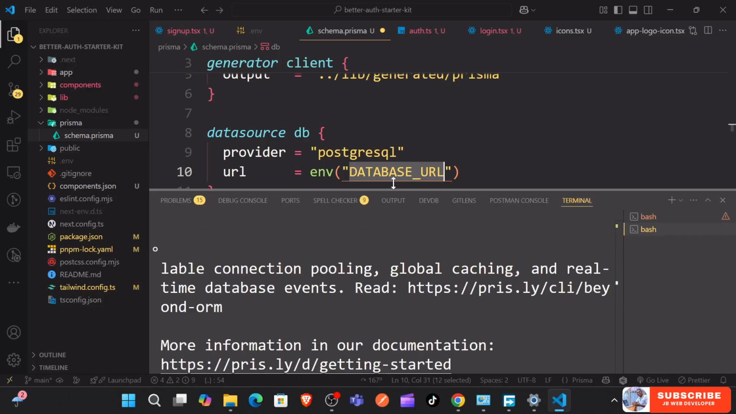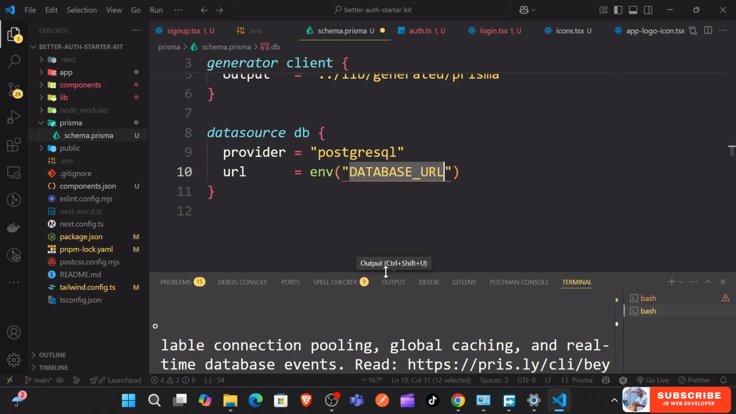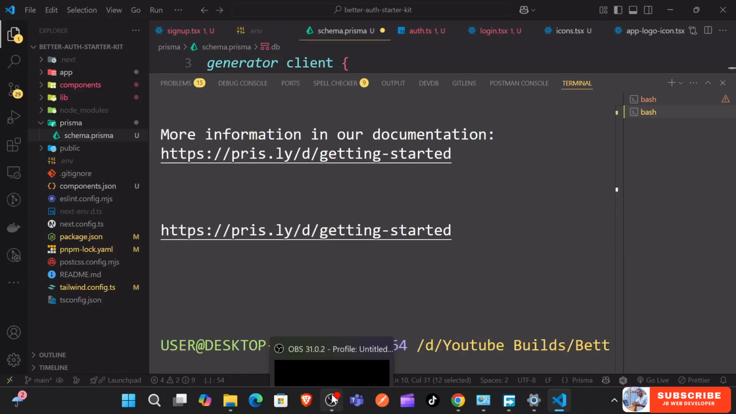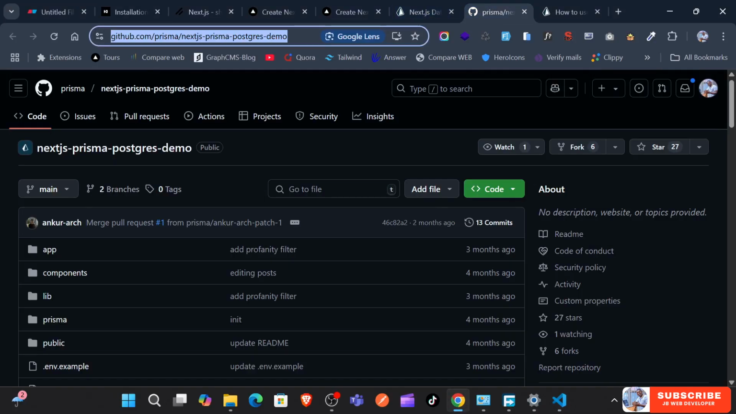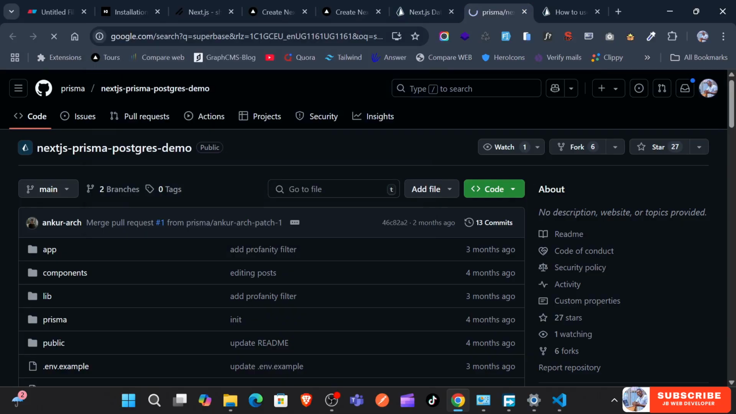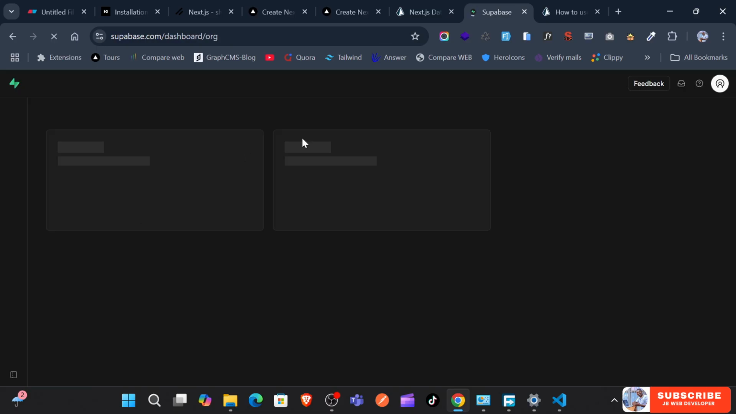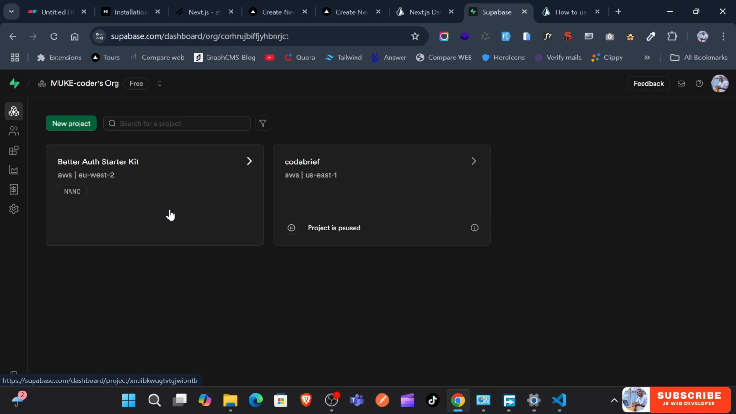So the next thing is to first get the database URL. To get the database URL, we'll use Supabase. We are just going to use Supabase for this. So I will go to my Supabase dashboard. You can go ahead and log in, create an account, and so on and so forth. I just want to choose one of these organizations that I have,